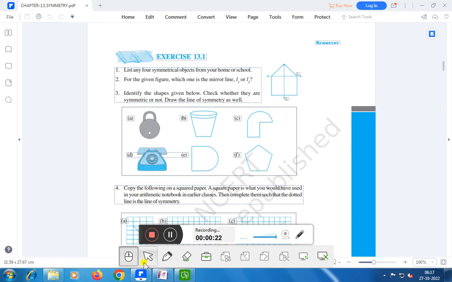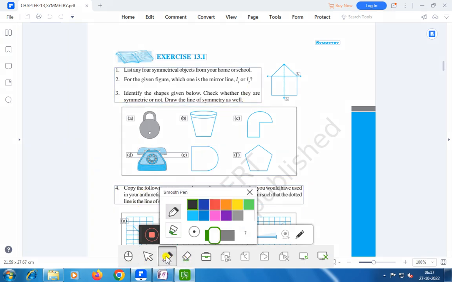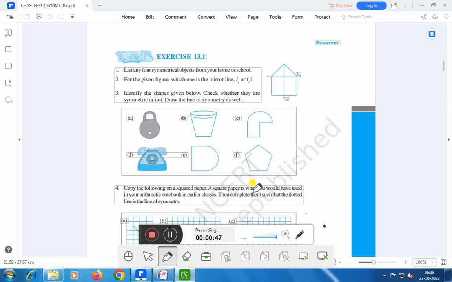For example, we have to write four symmetrical objects, right? Four symmetrical objects from your school or home. Here we are writing four symmetrical objects. Suppose number one we can write as symmetrical objects like